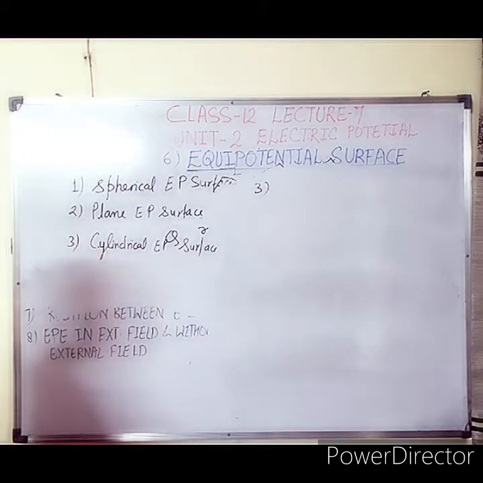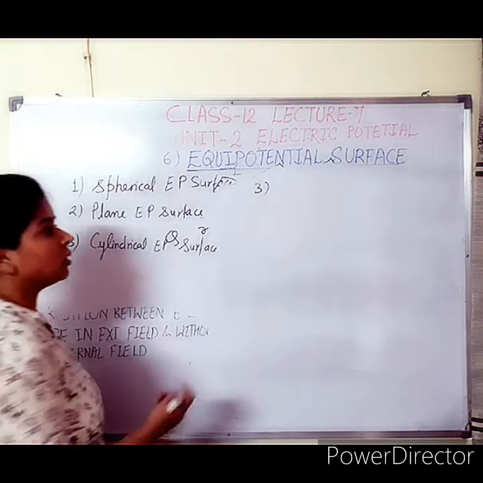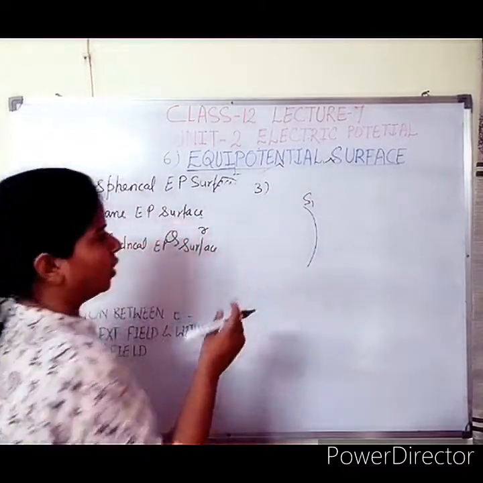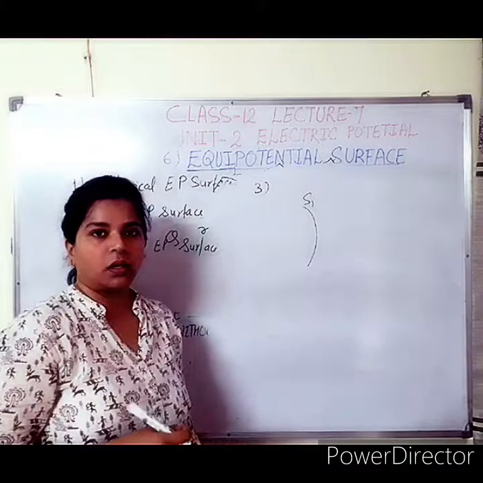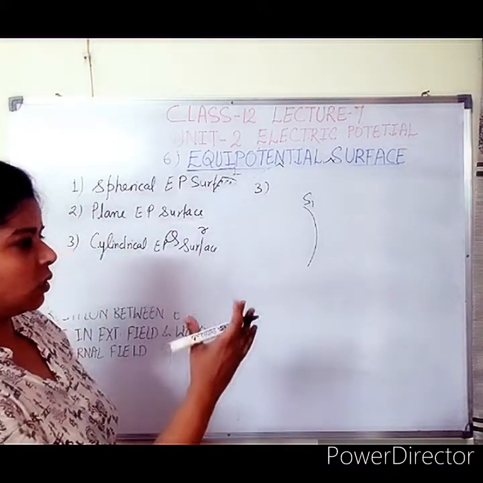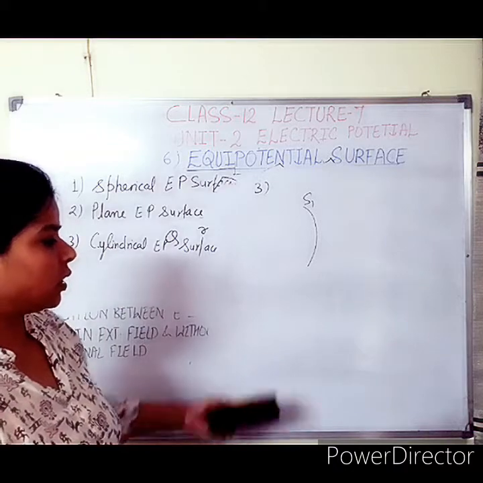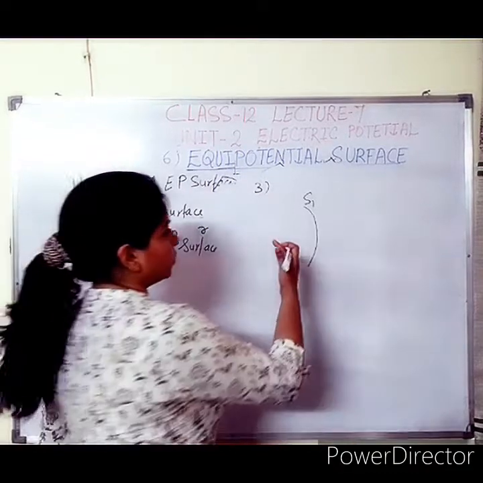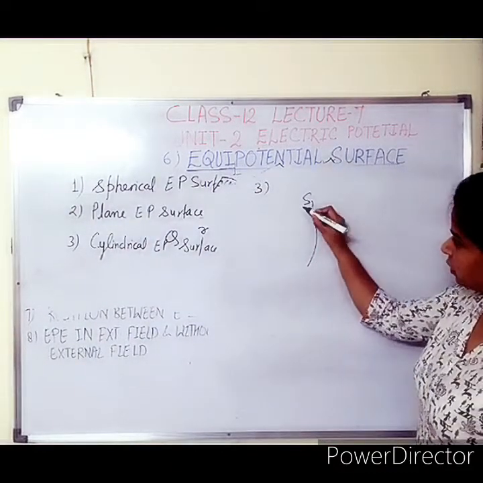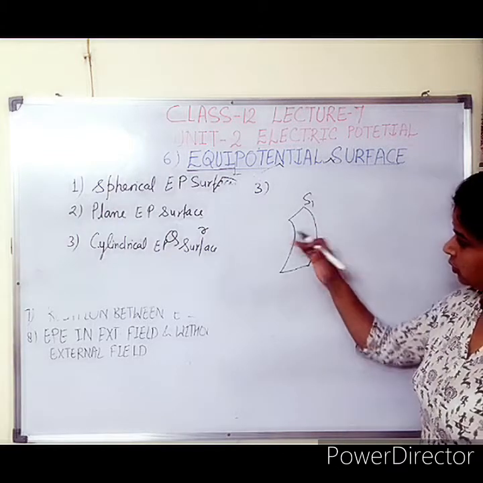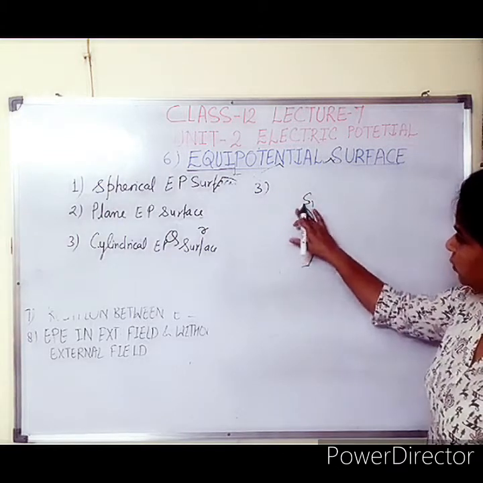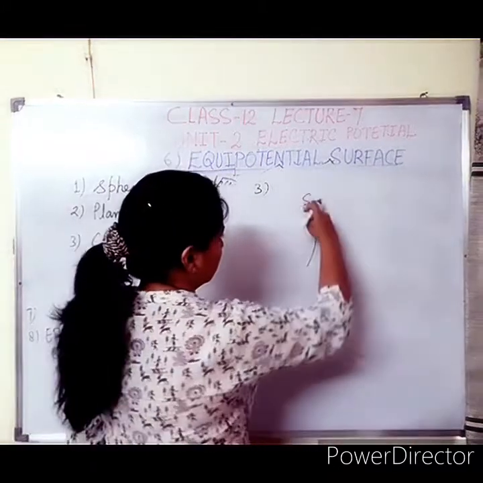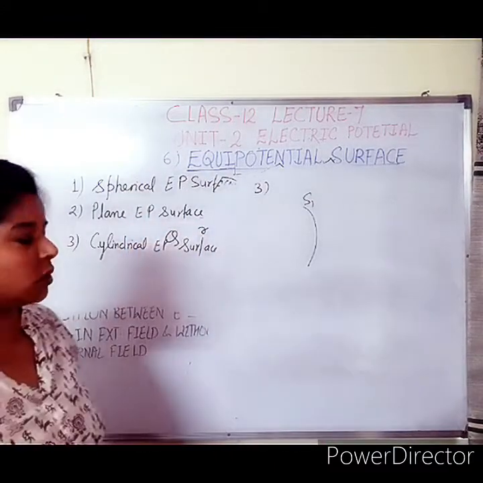The third point is that 2 equipotential surfaces cannot cross each other. This one is one equipotential surface. I have drawn it in the front view. If you are watching anything from the front view, you will only see the side of that view. There are two kinds of view, front view and side view. Front view is from this side. Here the front view of the surface will look like this. This is the front view, and the side view is this one. So from this side, if we are watching, there is only one line we will see. So this is the side view.